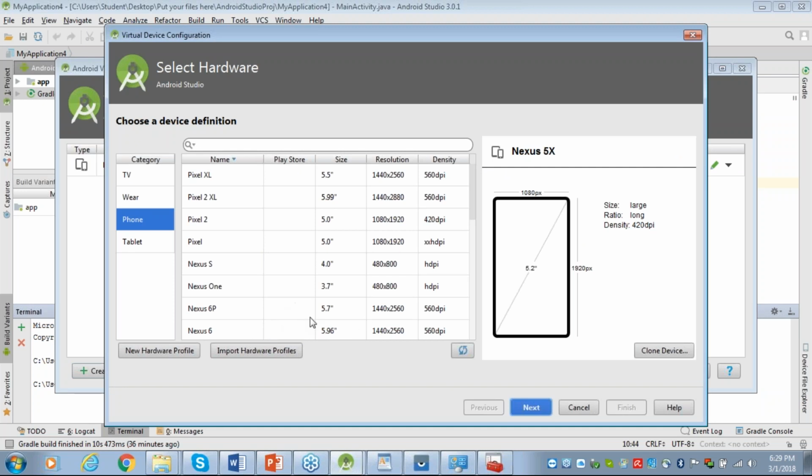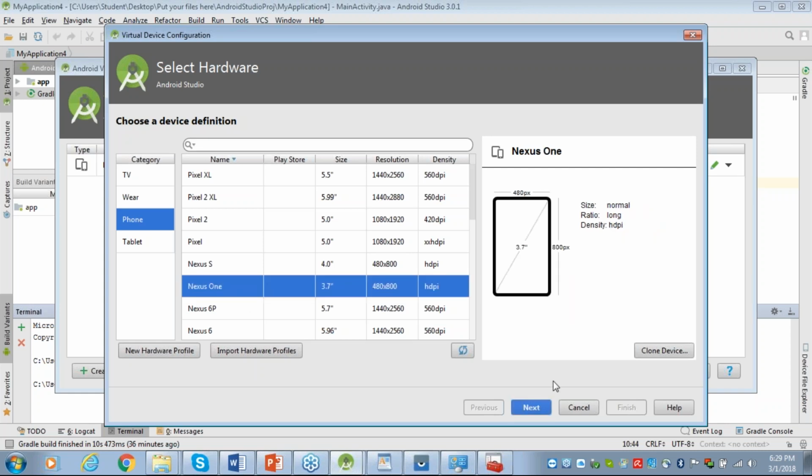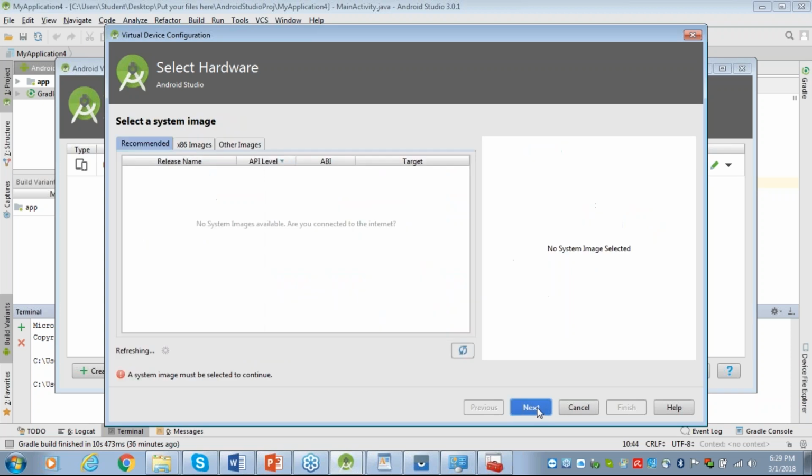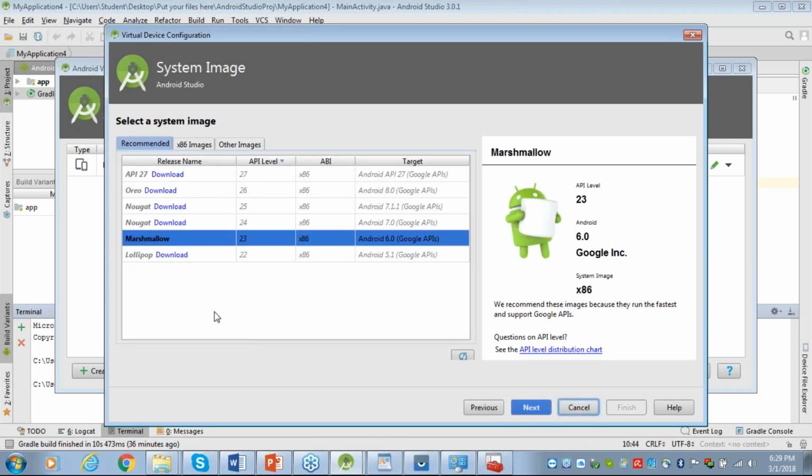What I recommend you guys do, use the lowest resolution device. I'm going to do Nexus 1. Press next. I have Marshmallow already downloaded, so I'm going to use the same one, but it's absolutely up to you